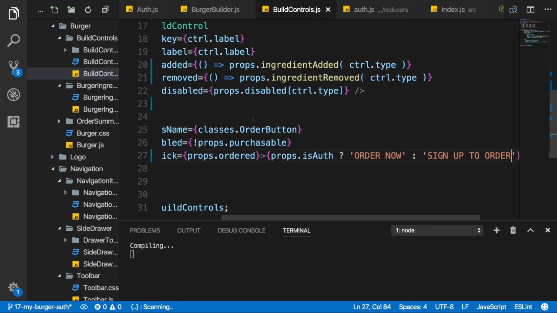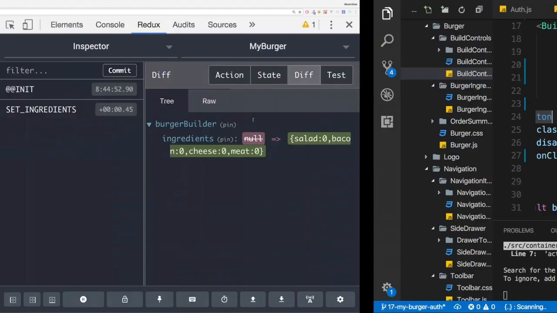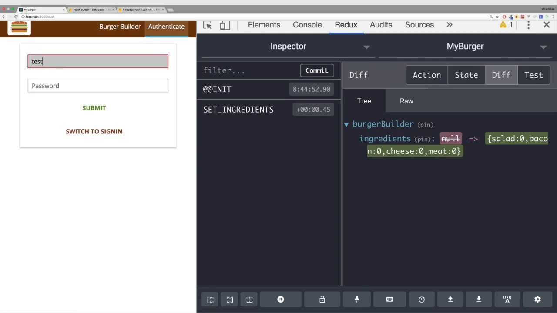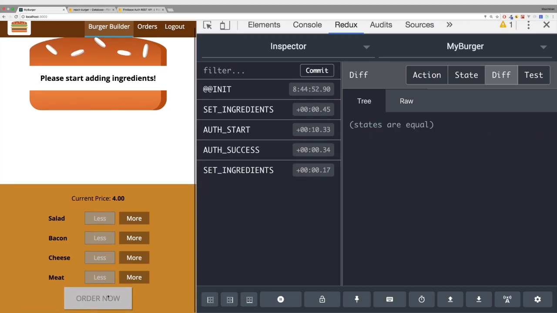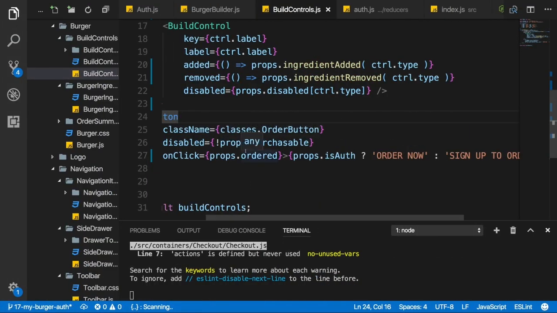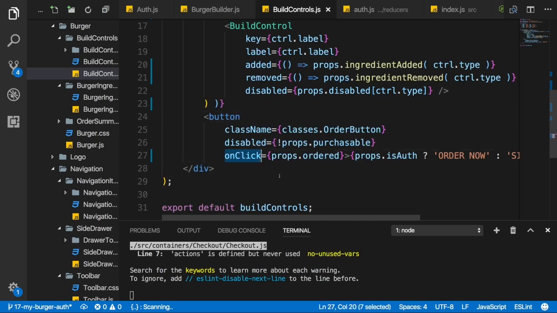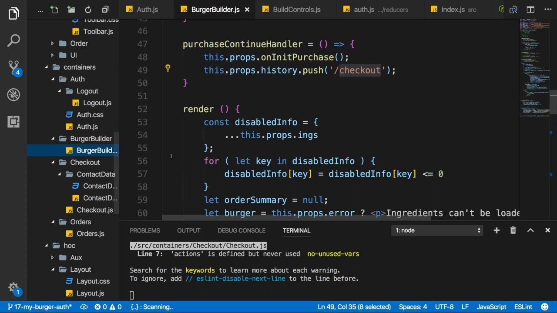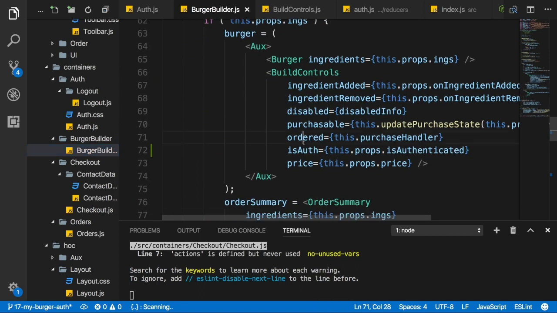So this is my button now. If we go back to the application on the burger builder, we see that if we're not authenticated, we see sign up to order. And if we do log in, we should see that this changes. We got order now. Now we need to make sure that this button does the right thing. Keep in mind, when we click the button, we simply execute the method which is sent to this component on the ordered prop. So if we go back to the burger builder container, we see that the ordered prop is